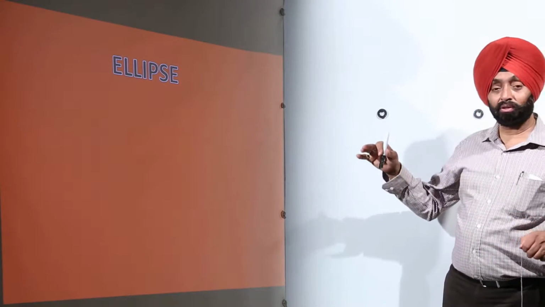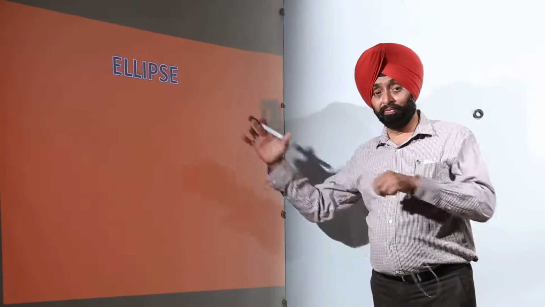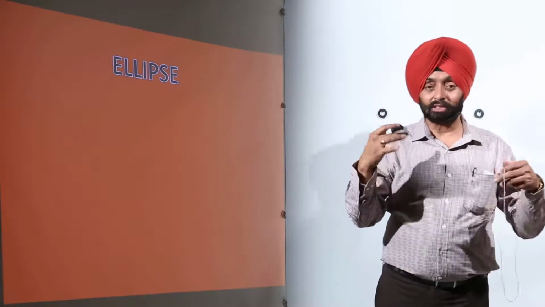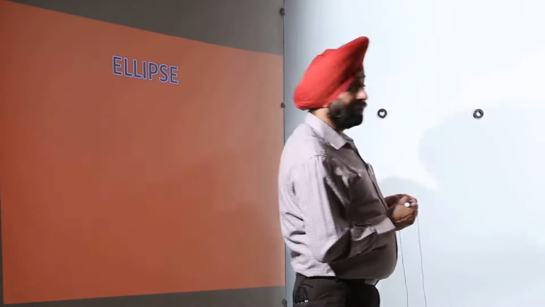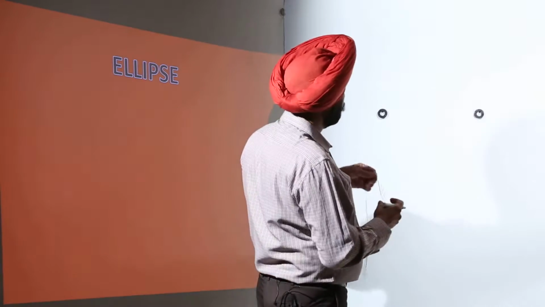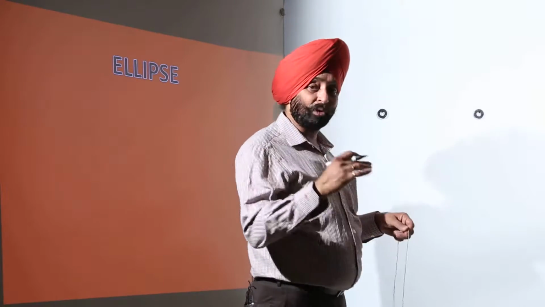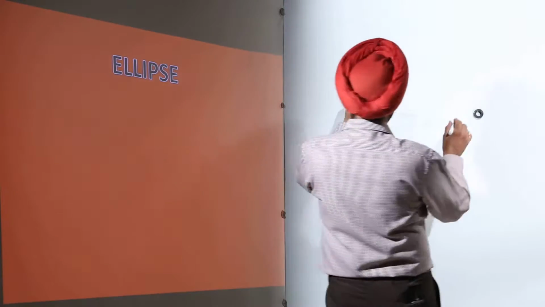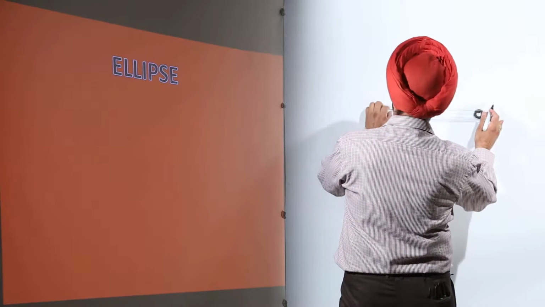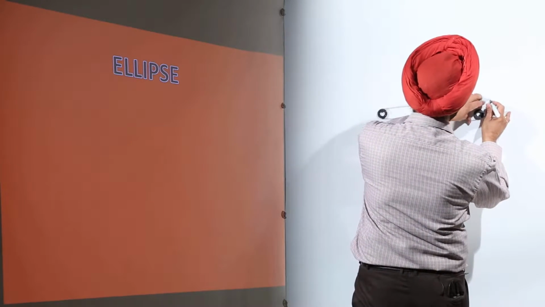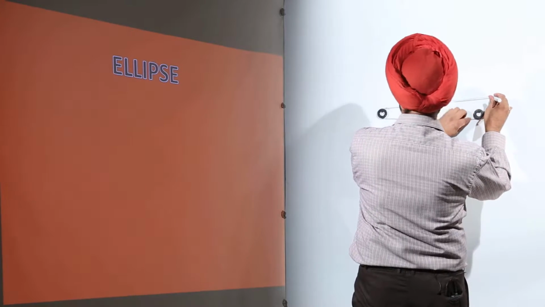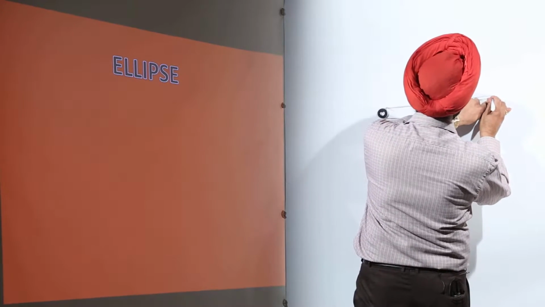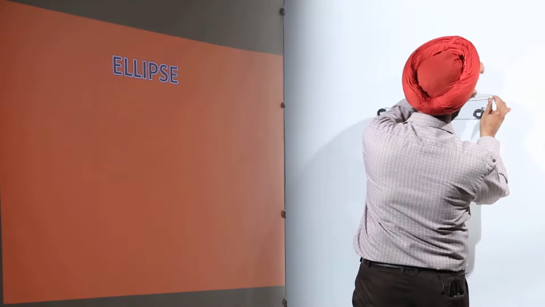Now stepping on the main topic, that is ellipse, but before going to this one, I am just trying to make you understand with the help of a figure, and you can say, with the help of an experiment. Now just look here, here are the 2 points, these are the 2 magnets I have taken. You can take whatever you wish. Now there should be no tension in the thread.